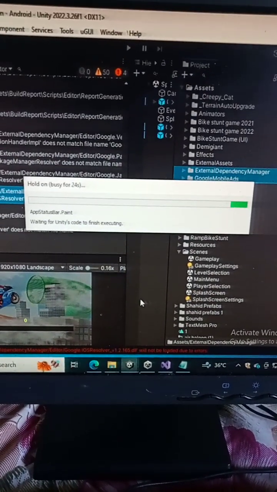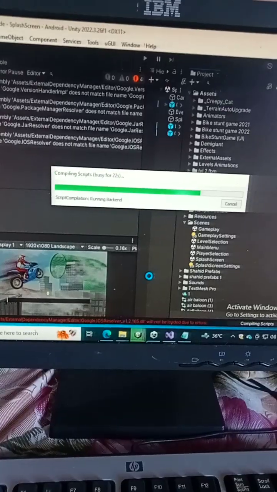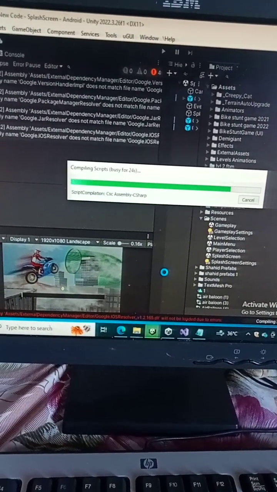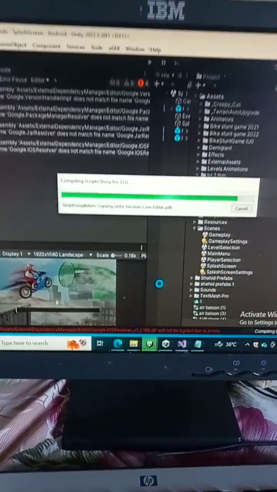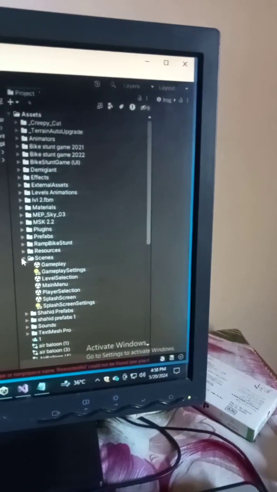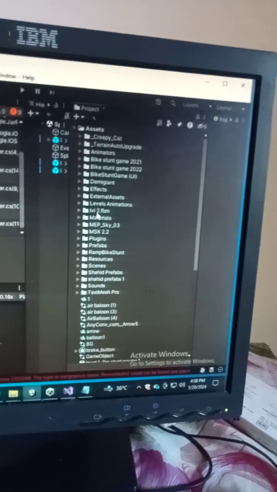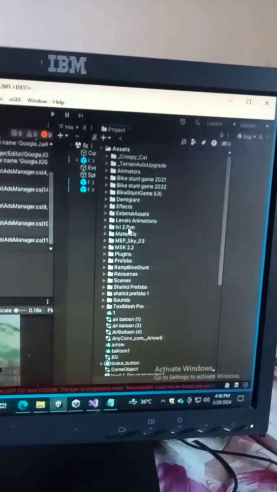It will take some time to delete, but you have to wait patiently. It depends upon your PC. If you have a good PC, then you will delete this in very short time. Now my files are deleted. You can see I don't have any External Dependency Manager or Google Mobile Ads folder.